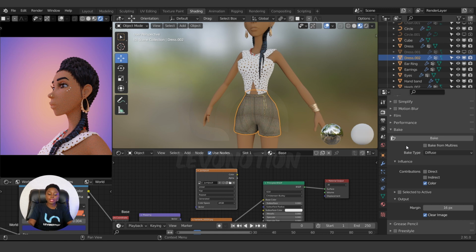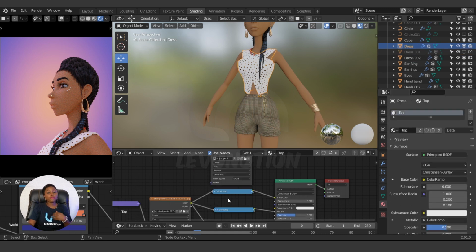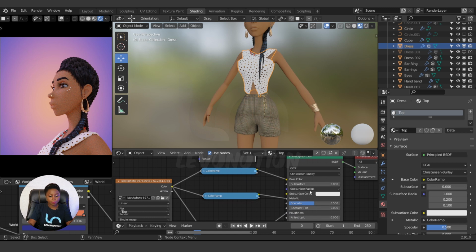Before you start baking, I'm going to deactivate my roughness from the top, because you want to bake the color, and if you have the metallic active, it's going to paint the color as black, because the color for the metal is black. If you've seen the tutorial I made about how to use the shader editor, I will leave the link in the description below.